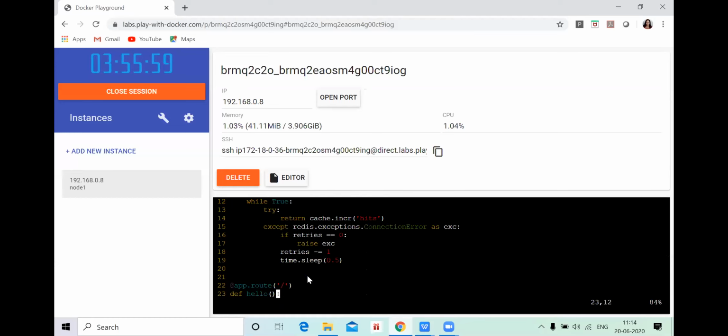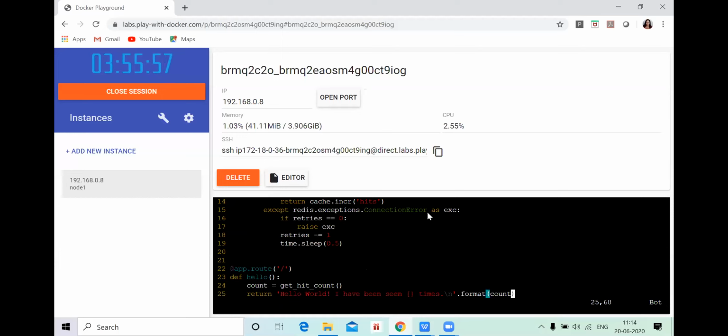It's going to count the timings and it is going to write. It is a normal program as we have used try and catch. Here you can see I have written hello world. I have seen this for how many times I'm going to click. Then I'm just saving the program and coming out.